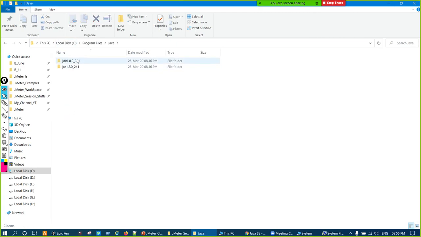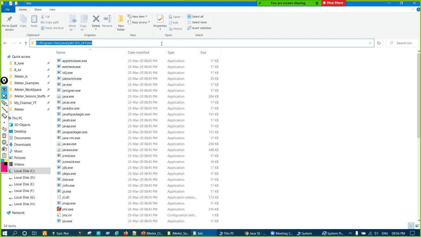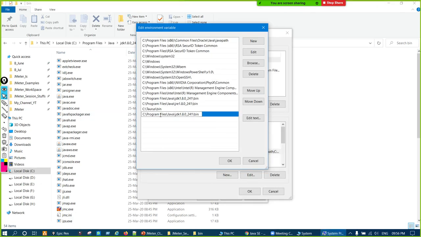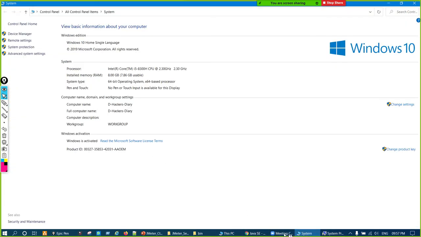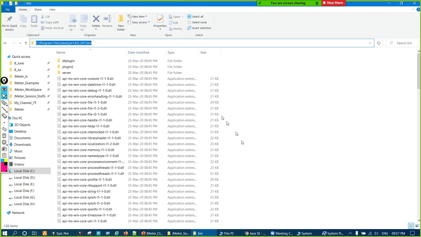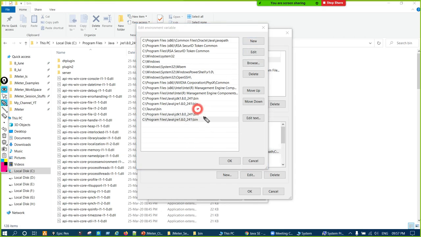So first we'll set the path for the JDK. Open the JDK, open the bin directory, and copy the path up to here. Copy that and put it in this new line. Do the same thing for the JRE also. Java JRE here, bin, copy and put it here. Press New again and put it here, right? So this is known as setting up the home path, the environment variable or home path variable.